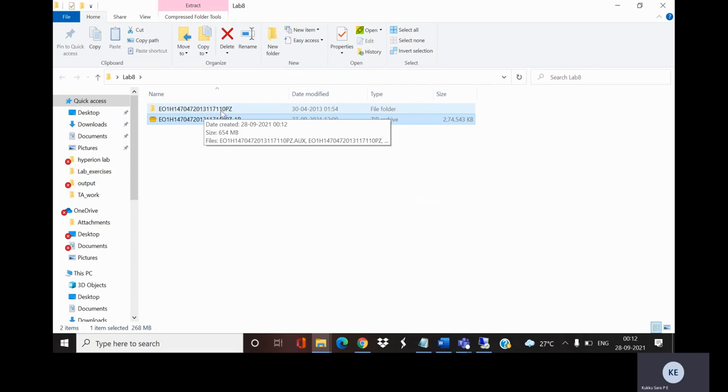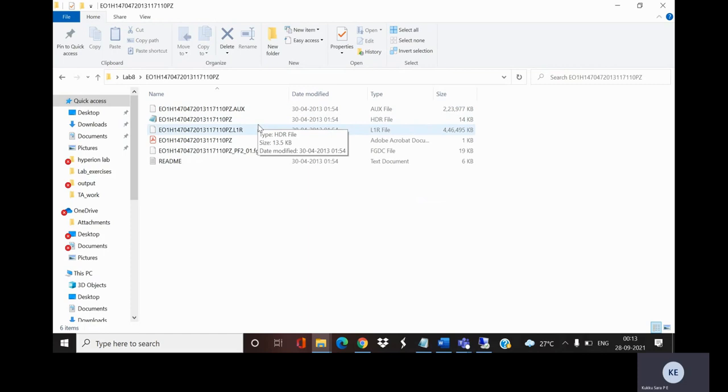Then the remaining numbers: the EO-1 satellite has different sensors, so each number represents whether that particular sensor is on or off. 1 represents the sensor is on, 0 represents the sensor is off.